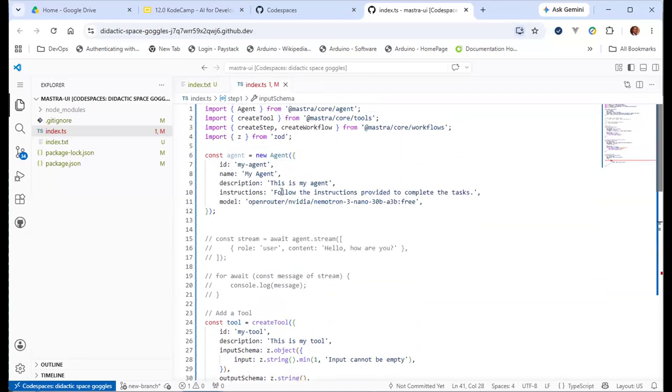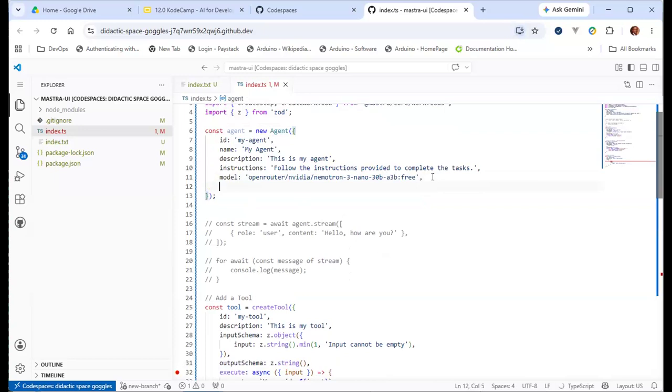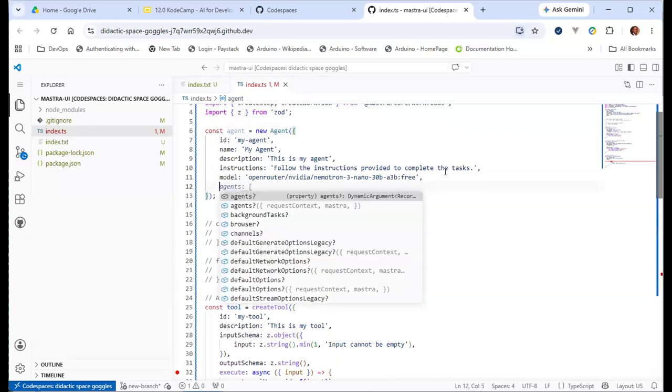Okay, agent doesn't have an input schema. Well, it does have. It's just that we did not use it. The agent has additional fields or properties, but we'll talk about those later.